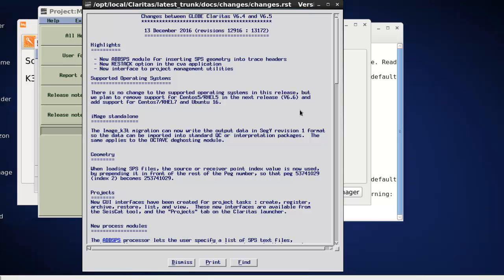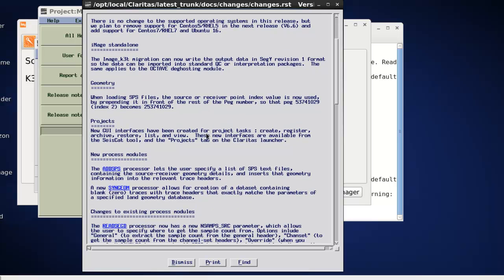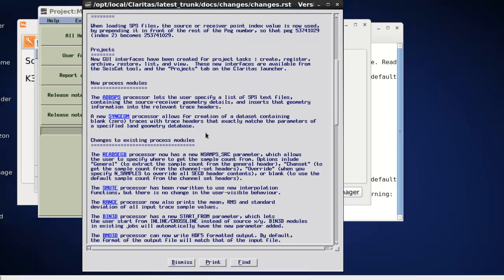There's also some information on which operating systems we're going to be supporting for the 6.6 development cycle. We'll drop CentOS 5 and support CentOS 7 and Ubuntu 16 for the next release. And that basically covers a lot of what I've been talking about